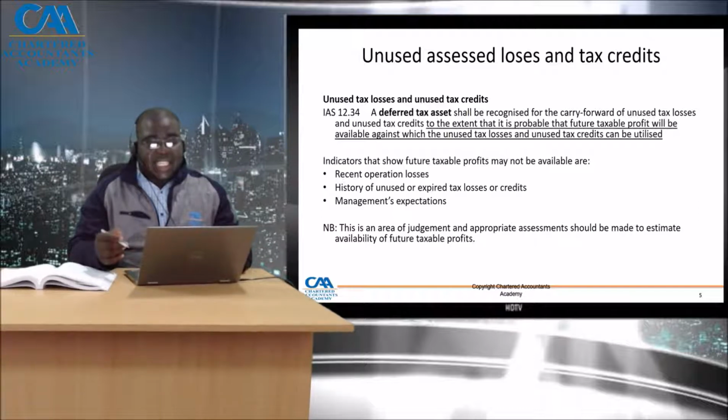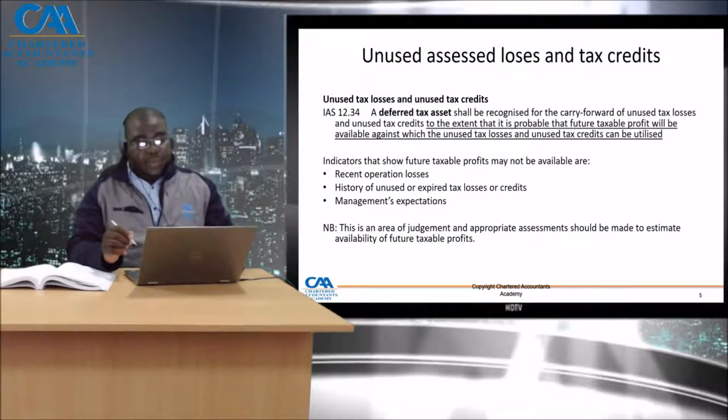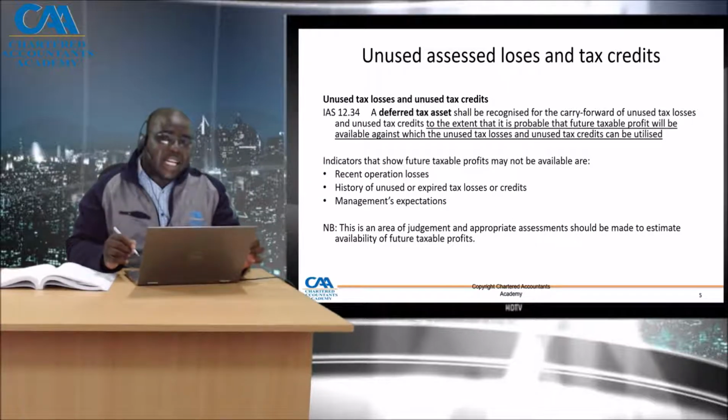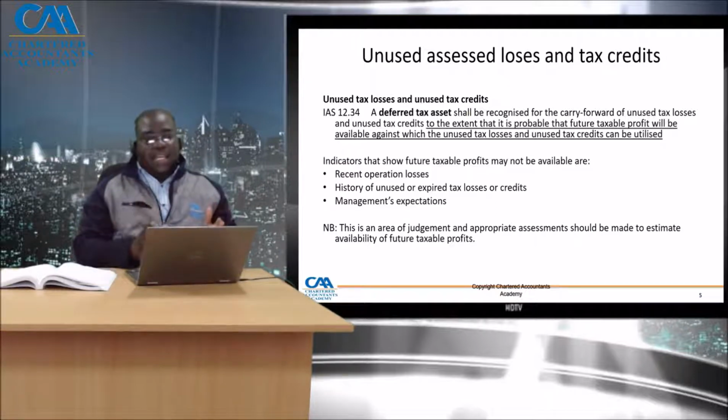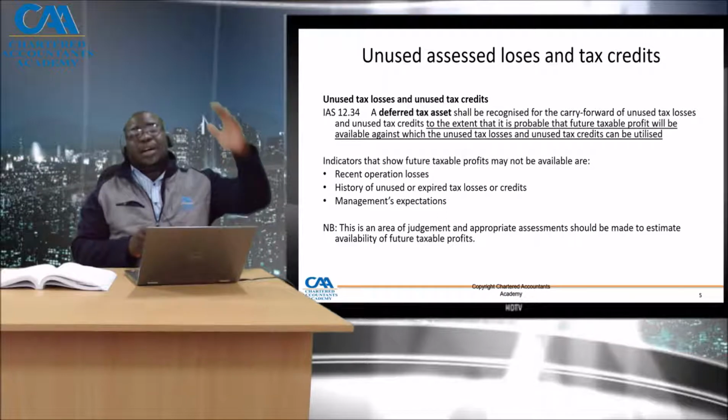So a deferred tax asset shall be recognized for the carrying forward of unused tax losses and unused tax credits to the extent that it is probable that the future profit will be available. This was very connected with paragraph 24 and specifically dealt with under paragraph 34. So indicators that show future taxable profits may not be available are, now let's go back and say we made losses